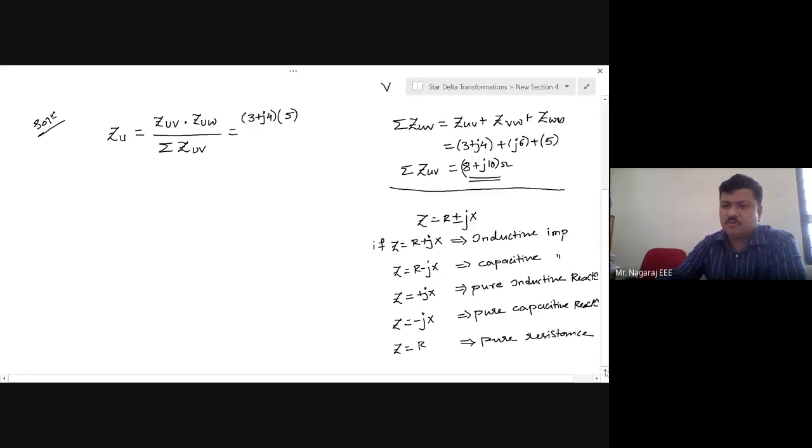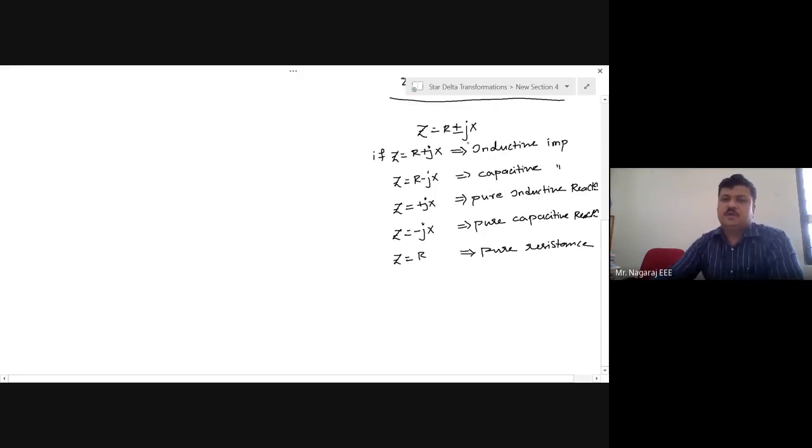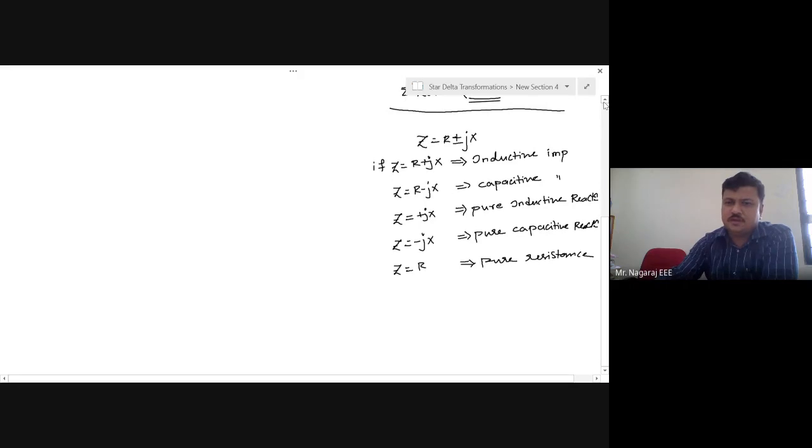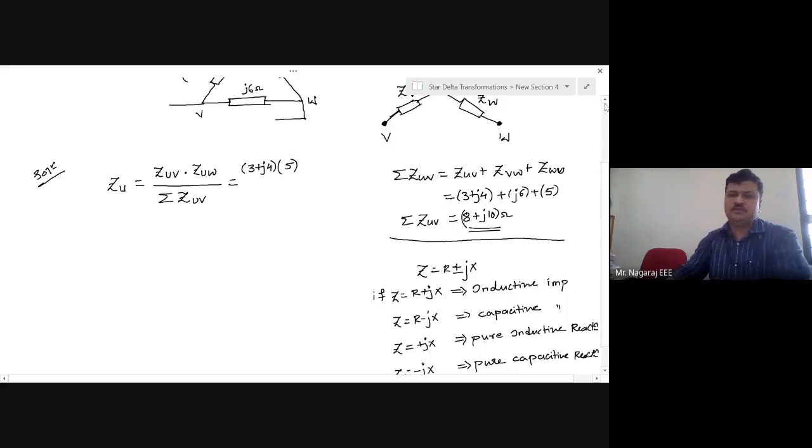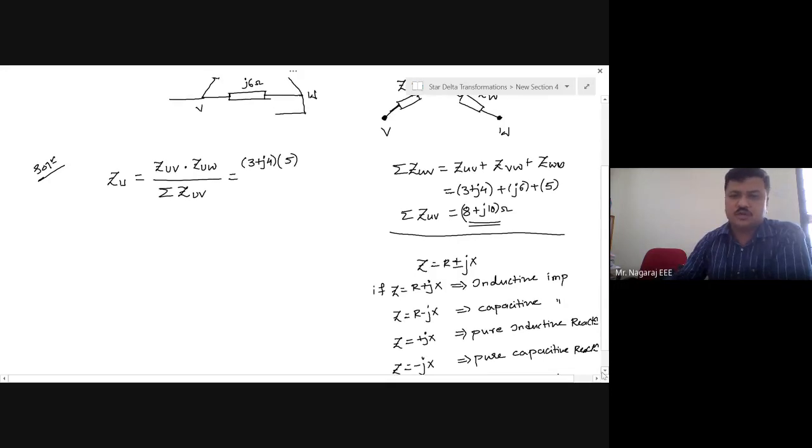So here what we can observe with this combination is, if there is impedance, then it has got resistance and reactance. If there is pure reactance, then there is no resistance. If there is pure resistance, then there is no reactance. Plus sign indicates inductance, minus sign indicates capacitance. Yesterday I forgot to share the link of the lecture videos which explain in detail the complex number representation of impedances. I will share it after the class. Please go through that lecture video.